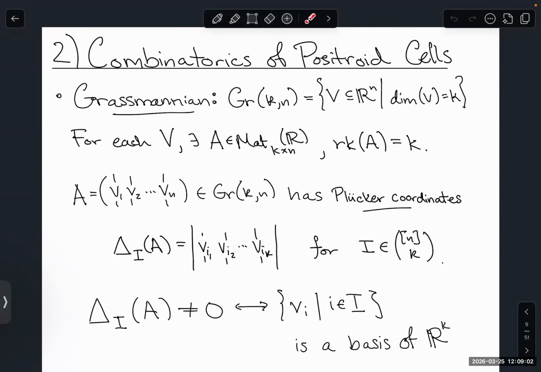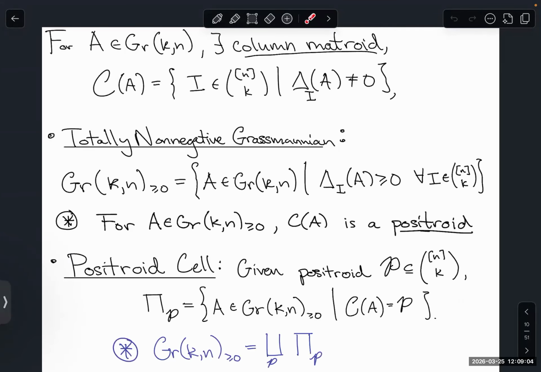So this is kind of the flavor of what we're looking at. Now, for each point in our Grassmannian, we can define what's called a column matroid by looking at what k subsets of n correspond to non-vanishing Plücker coordinates for this point in our Grassmannian. And this gives a nice stratification of the Grassmannian